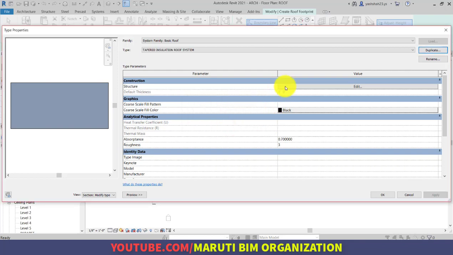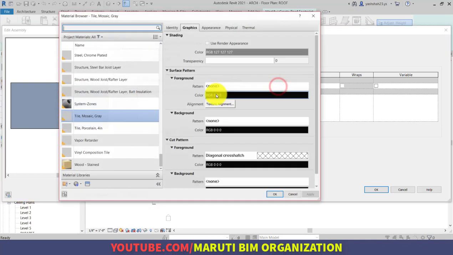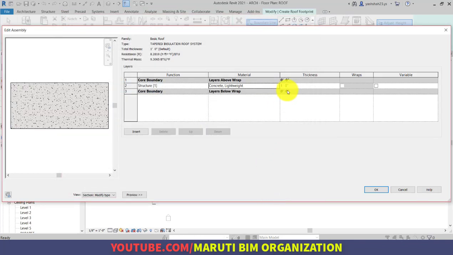Go to the structure, edit. Right now, material, concrete lightweight, okay, and thickness 6 inches.